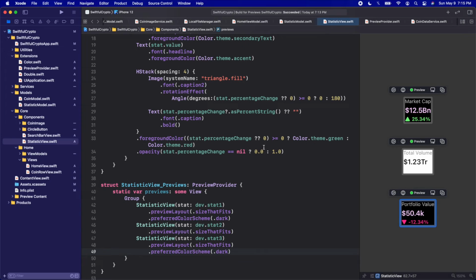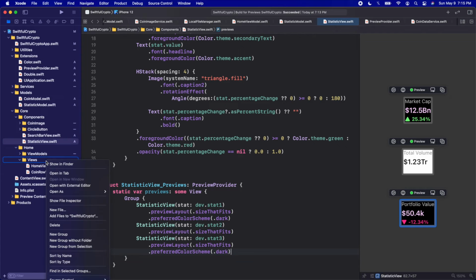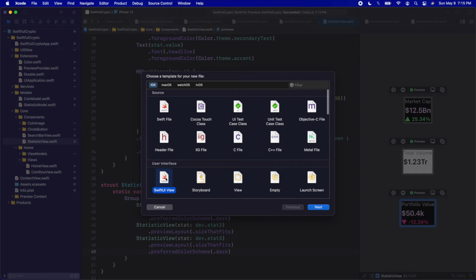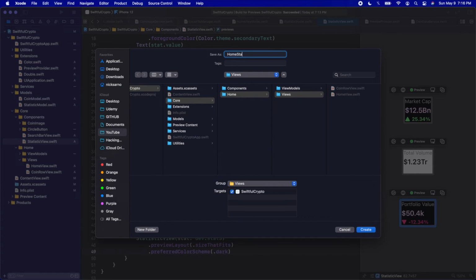Alright, now that we have our statistic view set up, let's create that row that we're going to actually put onto the screen. So we're going to create a separate view just for that row or that section. It's going to be on the home screen, so let's go to the home folder and it's going to be a view, so let's go to the views folder in there and right click it, create a new file. It's going to be a SwiftUI view and let's call this HomeStatsView. The home statistics view. Click create,